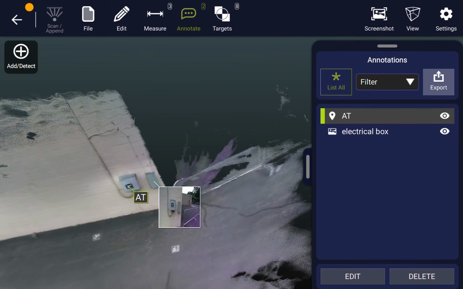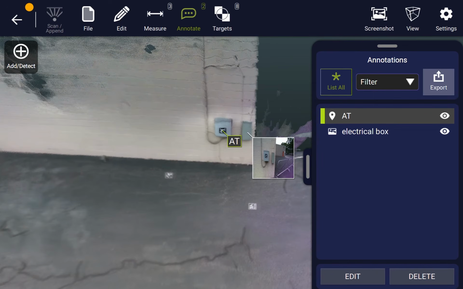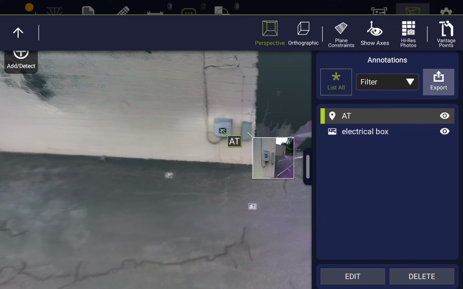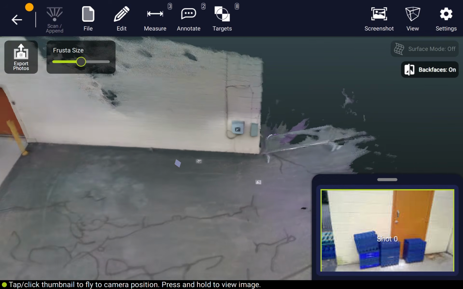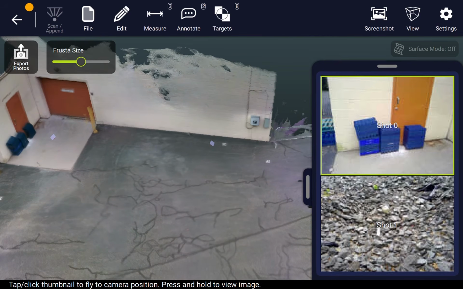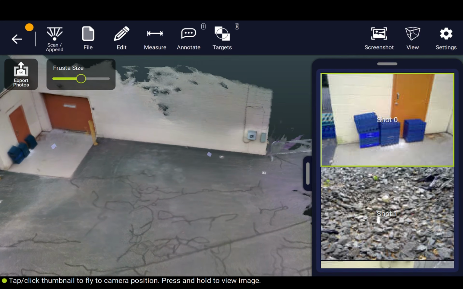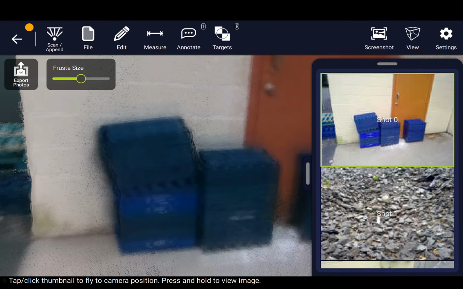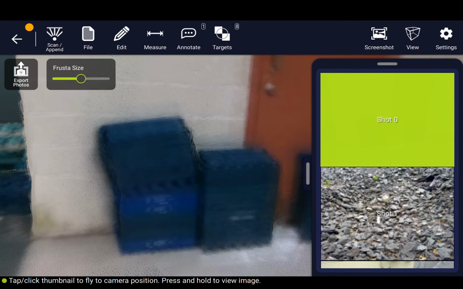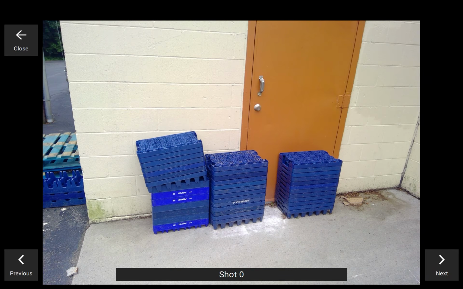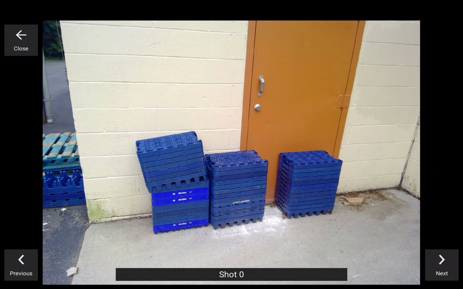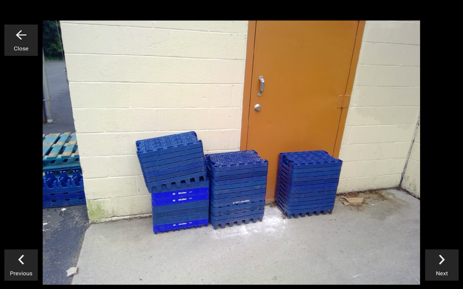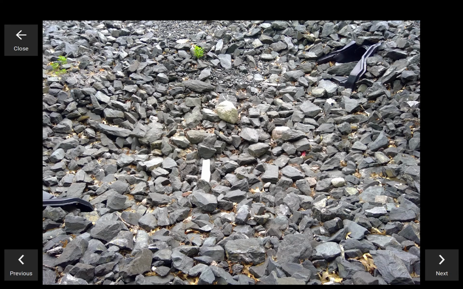Next, somewhat similar to the scan time annotations, we're going to take a look at the HD photographs that were captured while scanning by going to View High-Res Photos. You now see a bar on the right side of the screen that can be pulled up with each of these high-res image thumbnails. If you tap on them, you will navigate to them in the 3D view, and if you hold on them, you'll be able to pull up the full high-resolution 2D detail of that image, where you can also then slide through the other images that were captured,